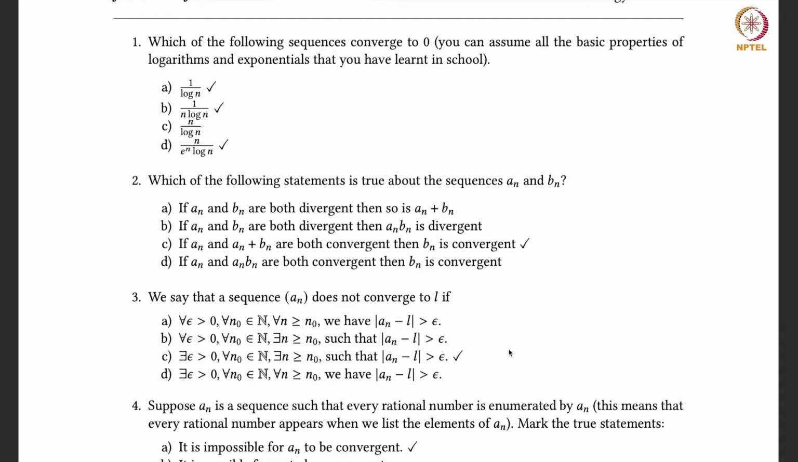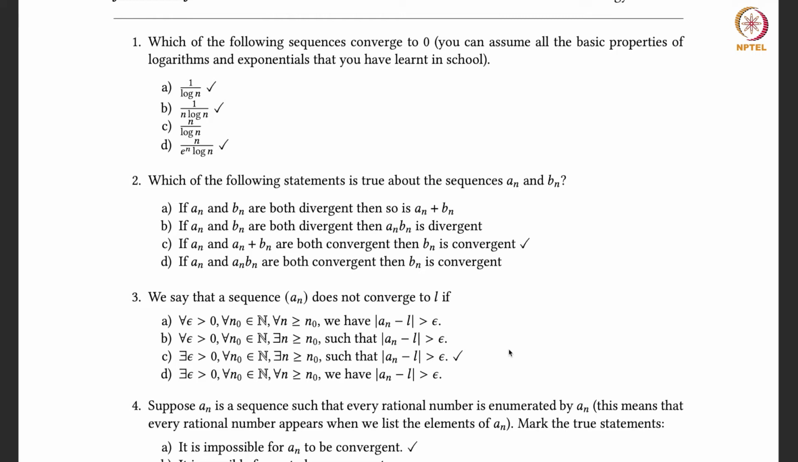Let us discuss the solutions to assignment 3. Question number 1. Which of the following sequences converge to 0? You can assume all the basic properties of logarithms and exponentials that you have learnt in school. First, 1 by log n. Well, this certainly converges to 0 because, as you all know from school, as n becomes large, log n also becomes large. So 1 by log n will become small, and you can show that 1 by log n converges